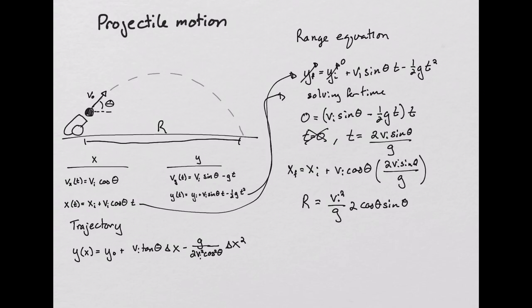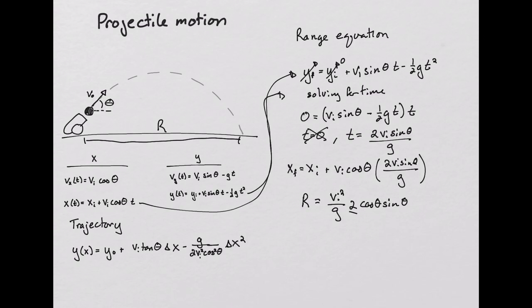The last thing we're going to do to simplify this problem is we are going to use the trig identity that 2 cosine theta sine theta is equal to sine of 2 theta. This gives us the range equation in the final form that we see it in the book, which is the initial velocity squared over gravity times the sine of 2 theta. Erasing the details of the derivation,